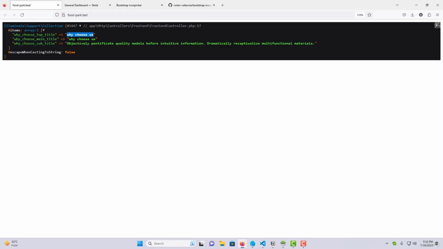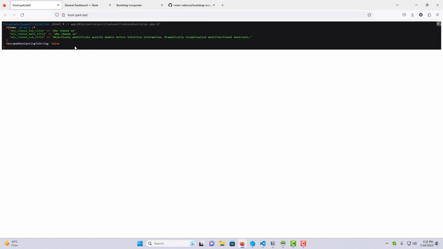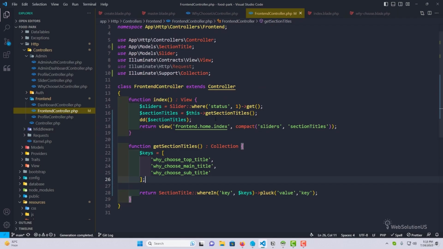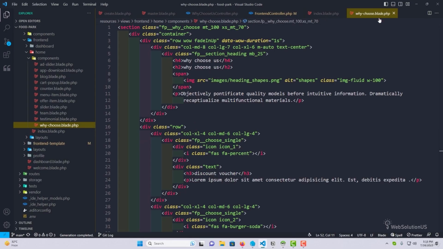Here is our key, and here is the value of the titles, or you can say value of the keys. Perfect. Now we can just go here, remove this diagram from here, we don't need that, and we can go to our file. Let's say why choose as blade.php, and we'll be showing our stuff. So first thing first, let's add here curly braces,